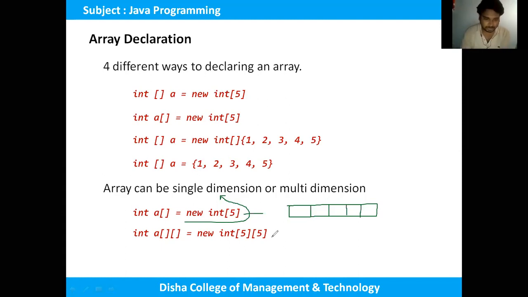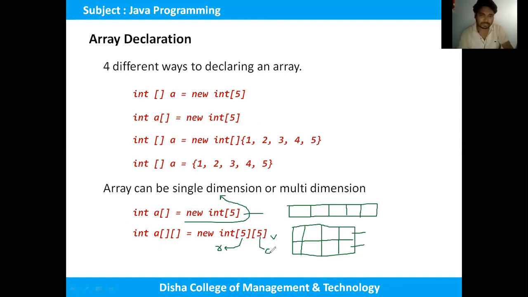But this is called multidimensional. Basically it is two dimensional, that can be arranged in row and column. That means if we have more than one row, that is called a multidimensional array. So we can arrange the data. This is the first row, this is the second row, and at the same time we have 4 columns. So the first value is defined for the row, and the second value is defined for the column. This is the thing.